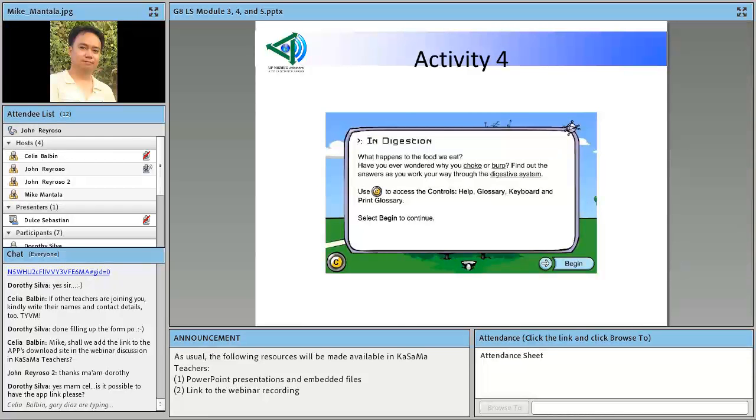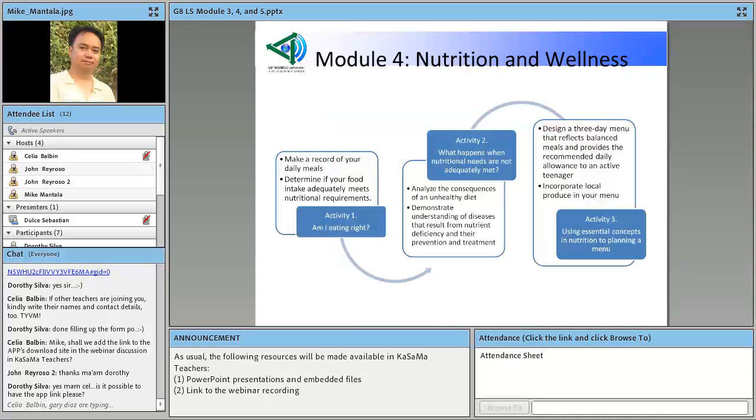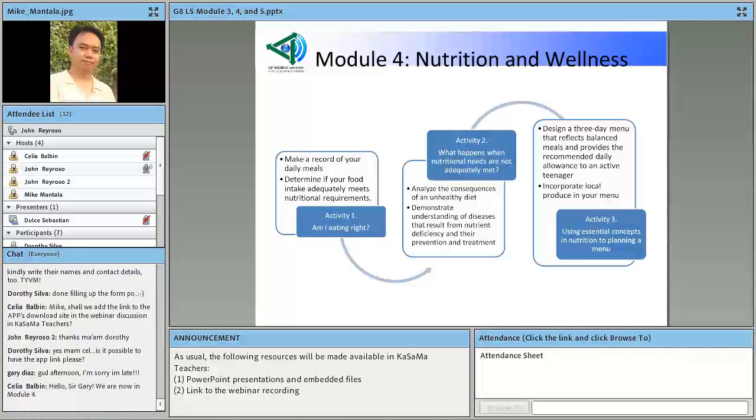Now that the students have learned how food is digested and what purpose digestion serves the body, they are now ready to explore the role of food in helping the organism sustain its body processes. However, an important consideration in this module is the idea that not everything we eat serves this purpose. So this is Module 4. This is actually the so what